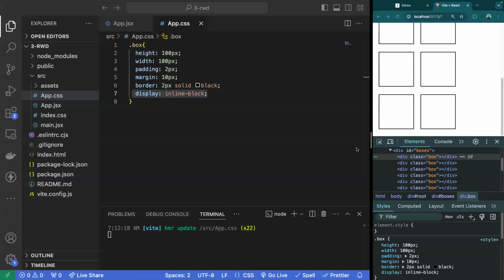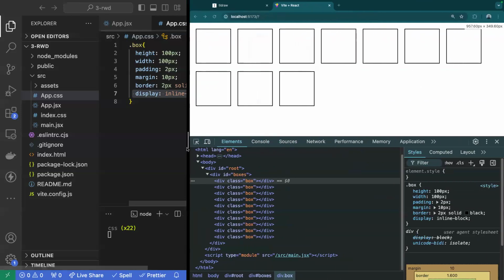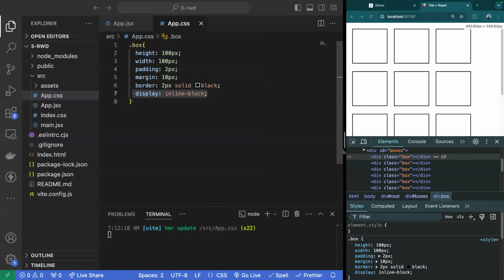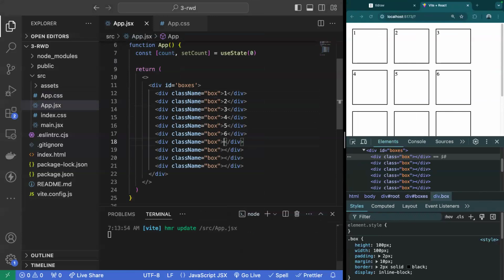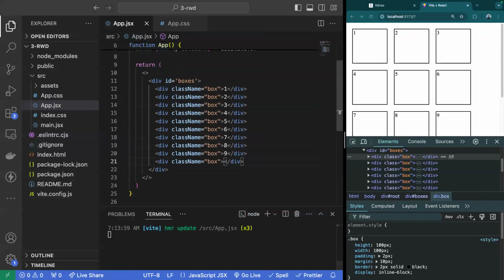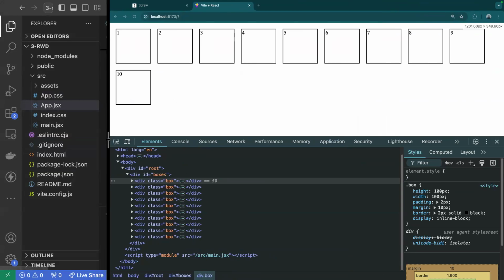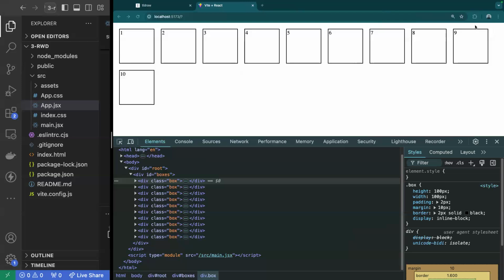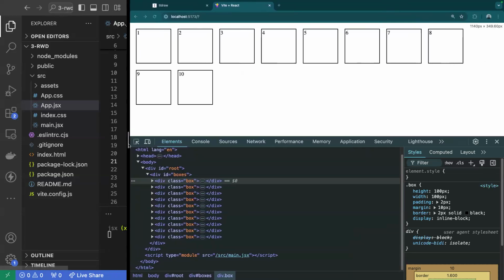Okay, so let's take a look a little bit at box sizing and how this is working. All right, so for example, right now we have 10 boxes. If I were to number them, let's do that. Oh, that's not what I meant to do. There you go. All right, we know that we have all 10 boxes here. Well, if I were to make this exactly, and you can see the number of pixels here in the upper right-hand corner, if I were to try to make this 1000 pixels,